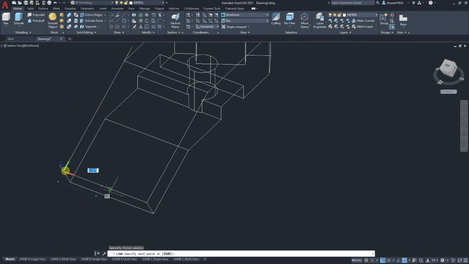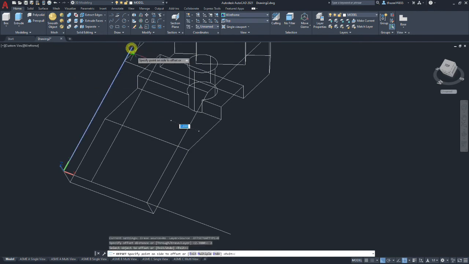And we're going to create a line horizontally. So we have an offset on the drawing of 2 inches. So we'll select that and offset 2 inches to the outside corner, the smallest portion of the dovetail shape. Now I want to create a center line to use for this. So we're going to do another offset, cycle back into it by hitting enter, and we're going to go 1 inch, which is half of the width of the dovetail, and we're going to offset to the right.